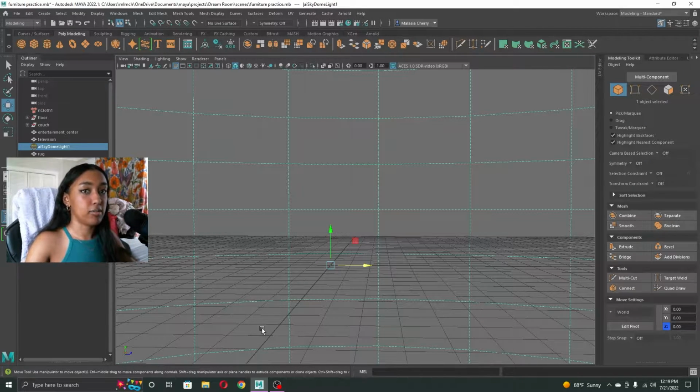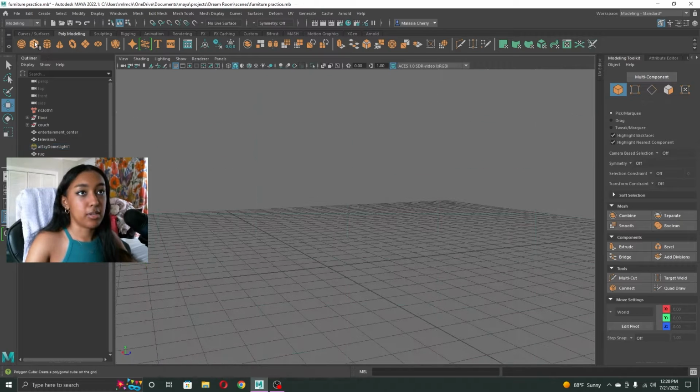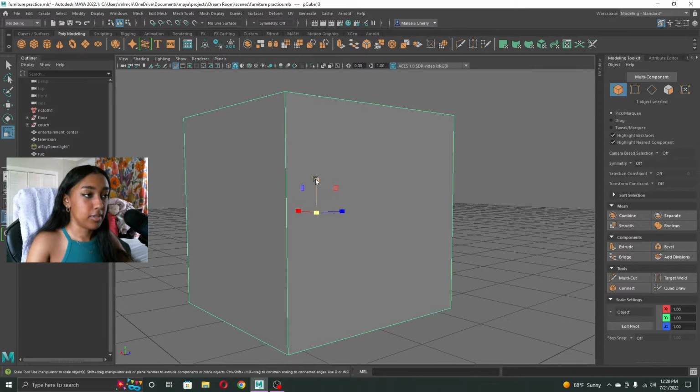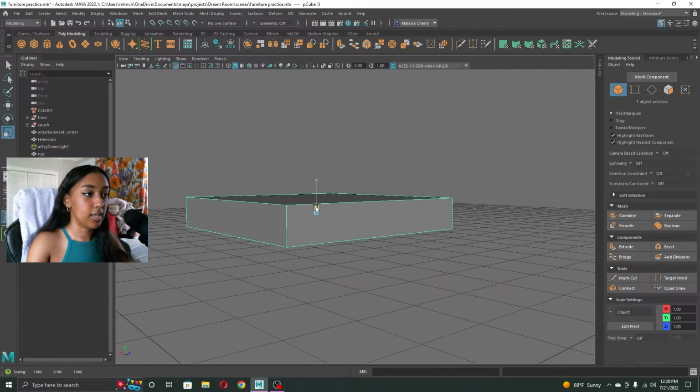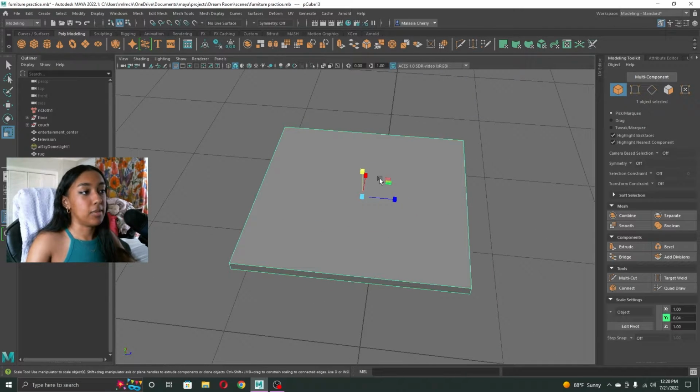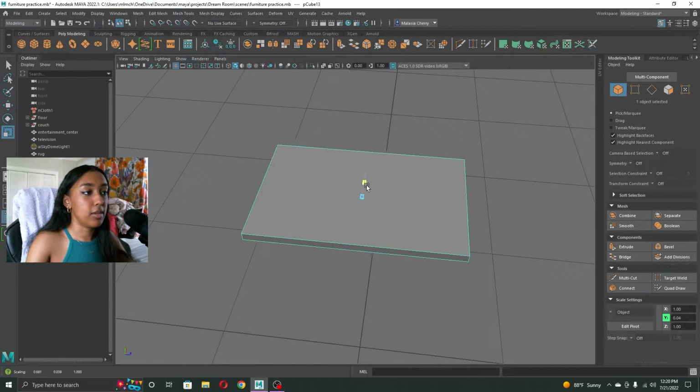Think Roblox horror game. We're gonna start up here in our polygon section. I'm gonna make a cube, and then I press R. I'm gonna shrink this down to be a tabletop surface. And I want this table to be a little bit longer,